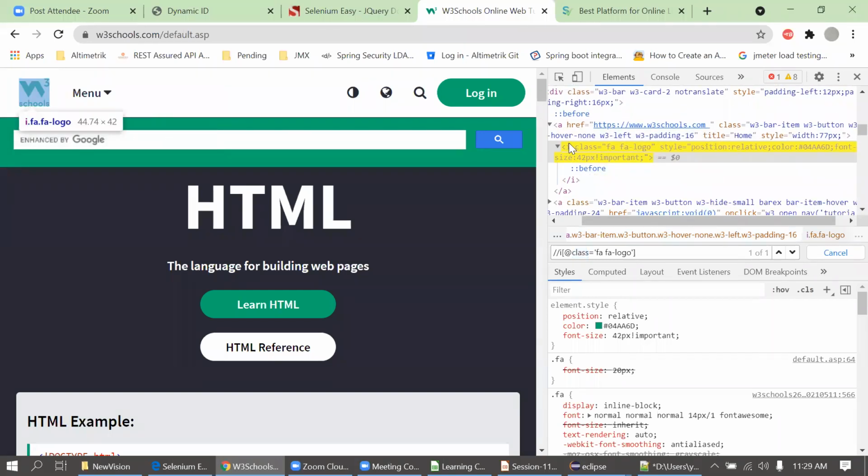Yes, because it's given here itself in the DOM. I'm not making it up. It's simply given as I here. I don't know what the DOM structure is, so I will simply inspect it and see it in the DOM. Now I'm seeing I here. Then I'm using this class name, this class actually FA logo. It completely depends on the DOM structure which tag you have to use and which attribute you have to use. So it can be anything. Don't think about that part.